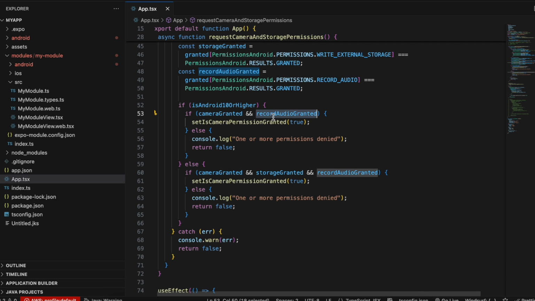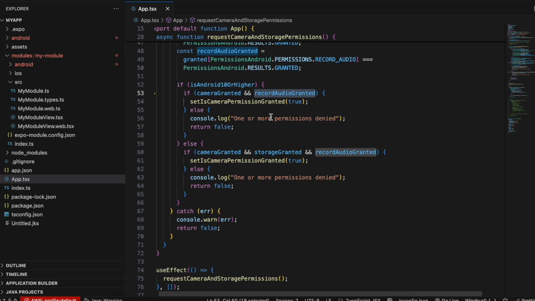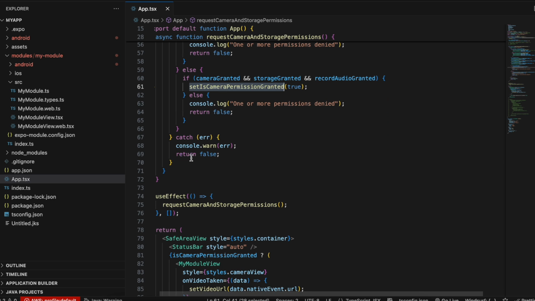We typically only require camera permission, but some people like to record audio as well, given that we are applying this to live video recording. That's why I've kept it as mandatory. And here for below Android 10, I'm asking all these three permissions and then only changing the state. Okay, and then I'm calling this method inside the useEffect block,